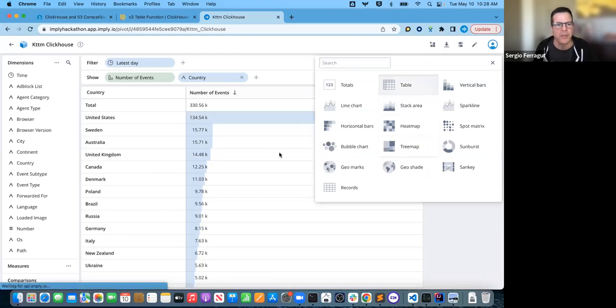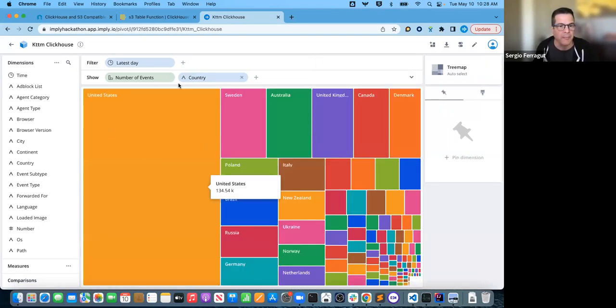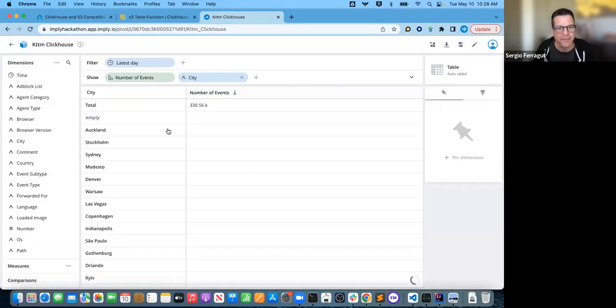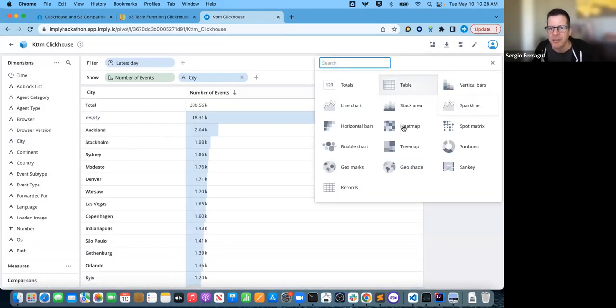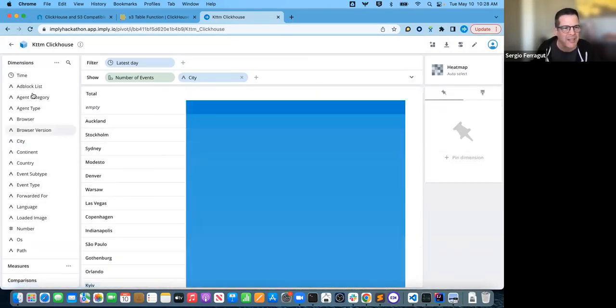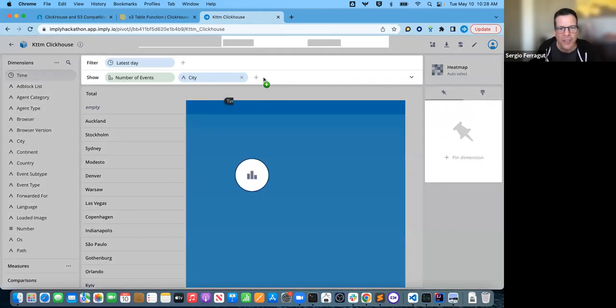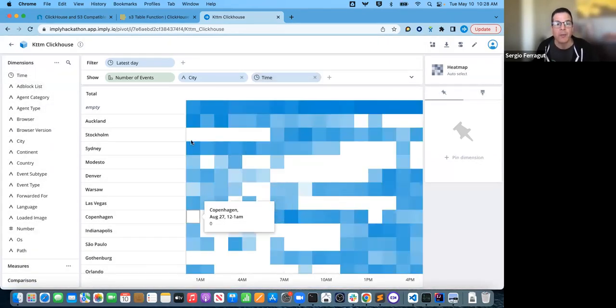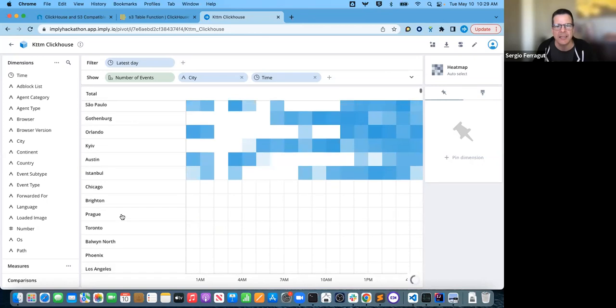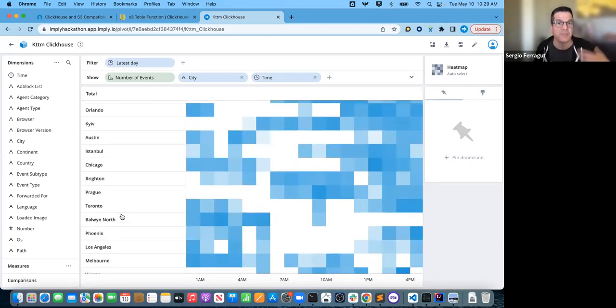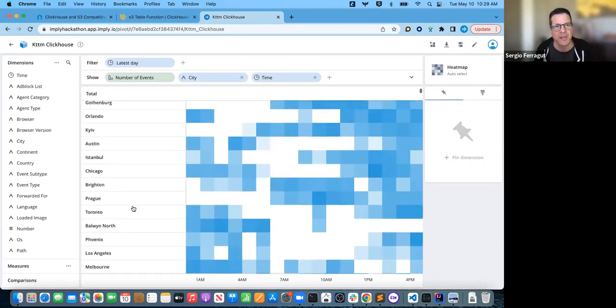Maybe we do a tree map, and we may want some other dimension to partition it on. It's really as easy as adding more. Oh, I didn't do that right. I'm not the expert in the visualization. Maybe I do time. Let's try that by city and time. So now we have a heat map over the time of day and how the activity of these events is different by city.